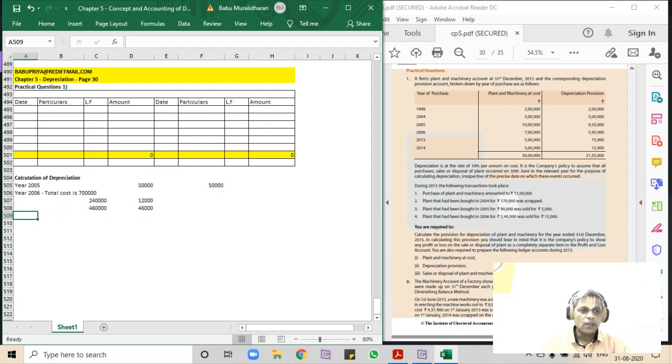And then for year 2007, 2013 and year 2014, for these 2 years the cost is 5 lakhs, cost 5 lakhs and then 3 lakhs, right? So this is equal to into 10 percentage, 50,000, and then it is going to be 30,000. So total depreciation for the year will be 1,88,000. 3 lakhs into, and then we have